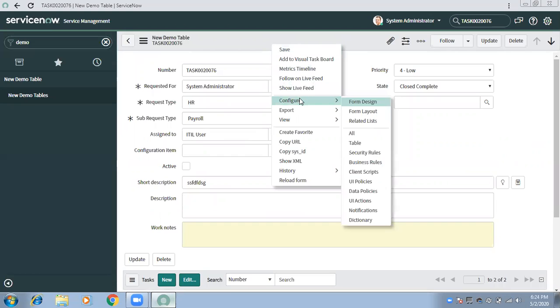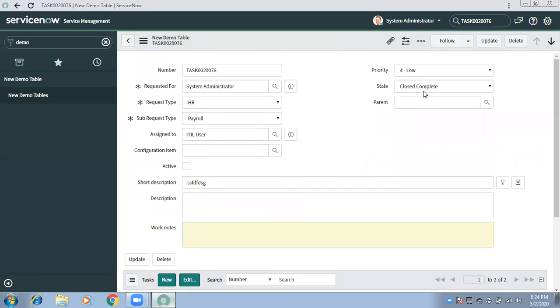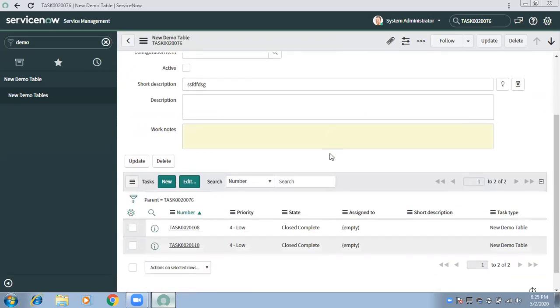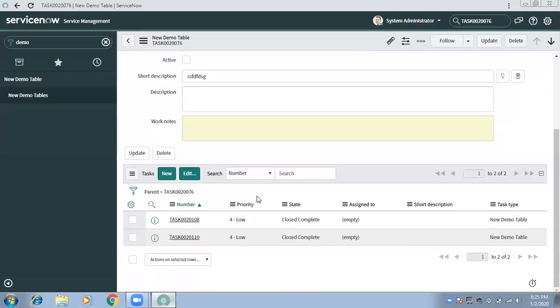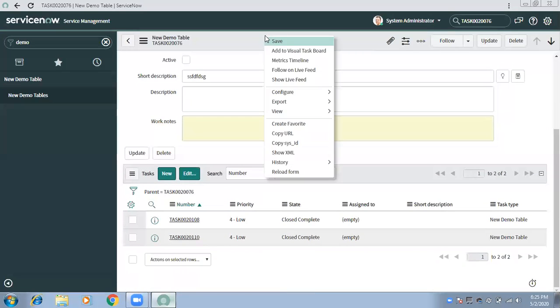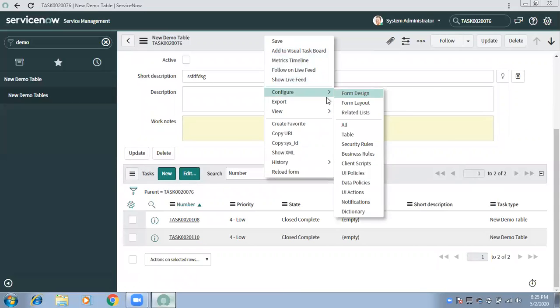Now let's say your requirement, might not be a valid case, is that once your parent is pending, then create one new task for this one. Okay, let me configure one more list.